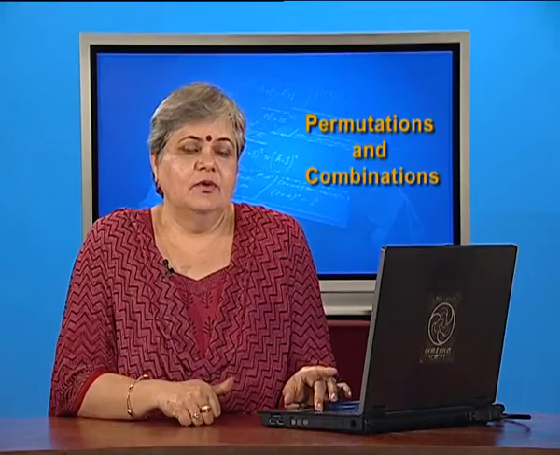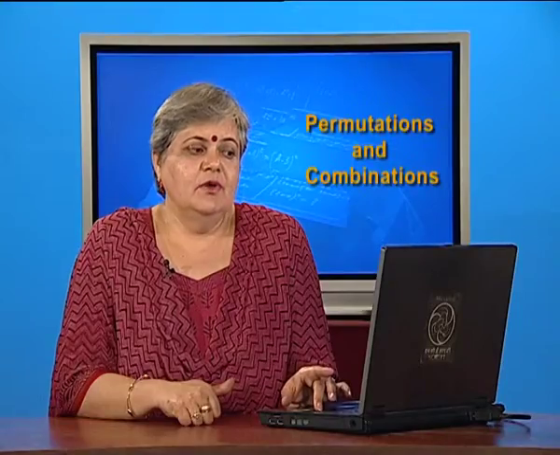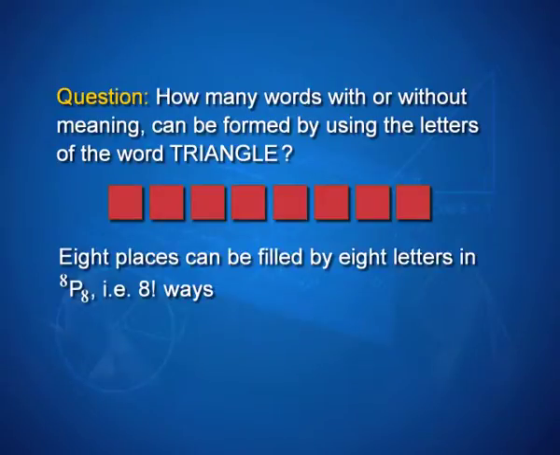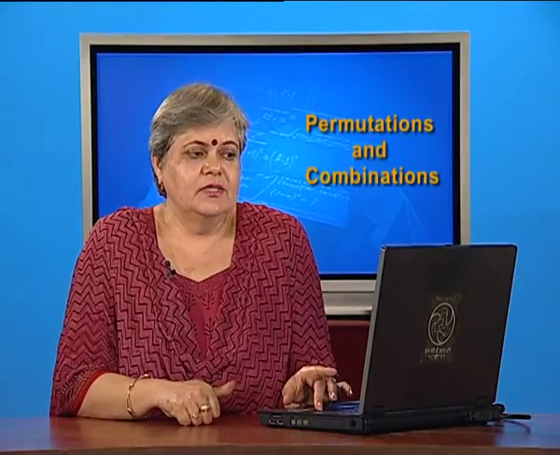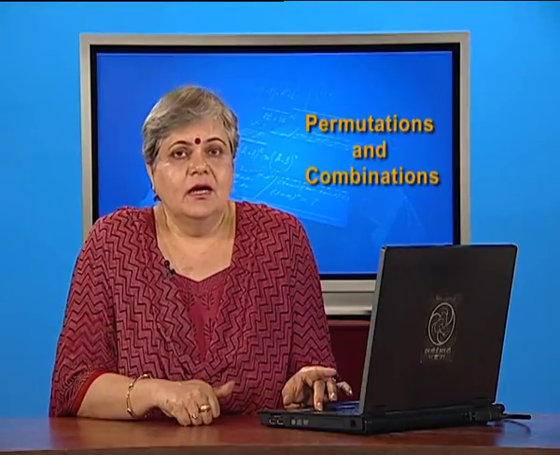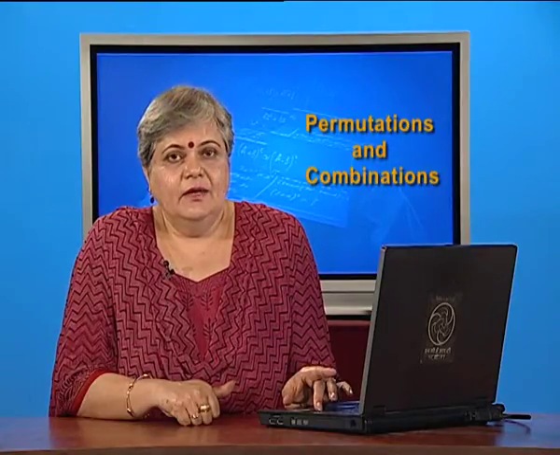Using this result, we could talk about the number of ways in which the letters of the word, say, triangle may be arranged, giving rise to words which may not have meaning. And we saw that there were 8 letters that can be filled in 8 different ways in 8 positions as 8P8, that is 8 factorial ways. No other condition, but if you put in a condition of vowels together, consonants together, words starting with T or ending in E or both, we could handle them.